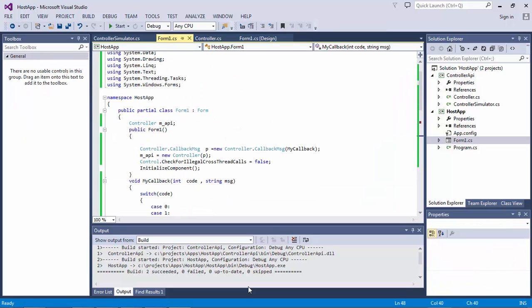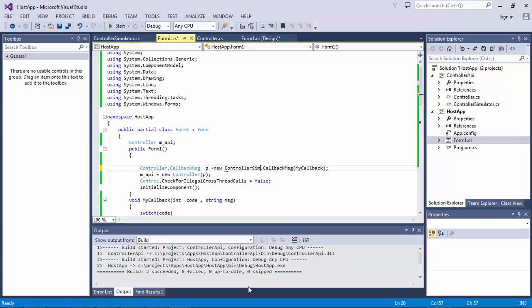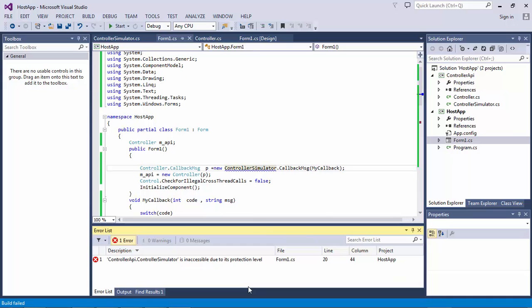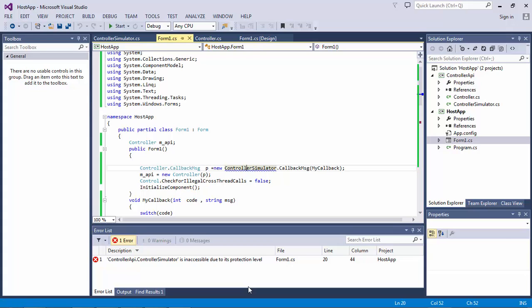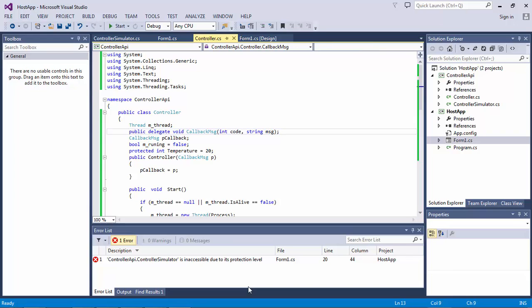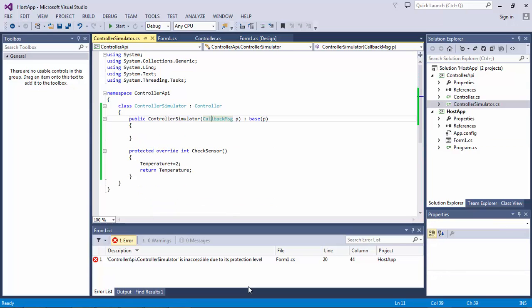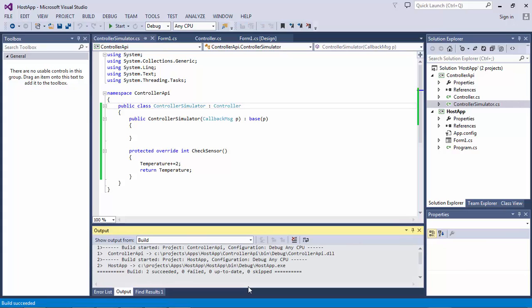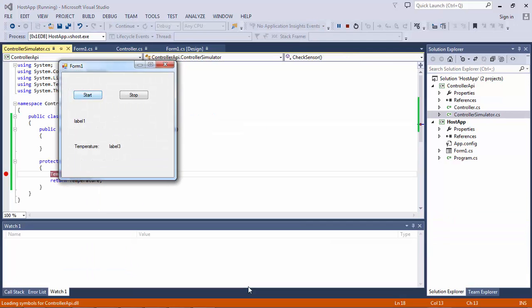Now our application can be a controller API, new, make it public. Okay, so now if we put a breakpoint,